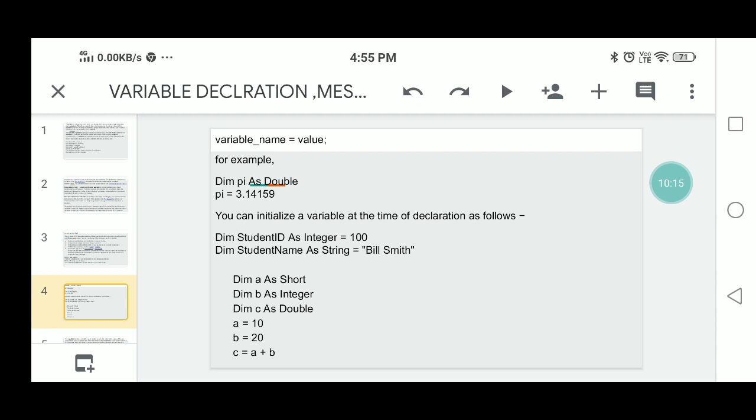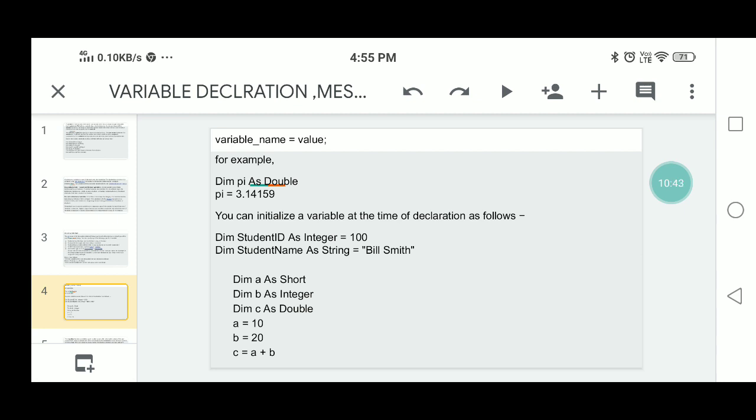The next, Dim studentID As Integer. At the time of declaration you can assign the value, that is 100. Then studentName As String type is assigned the string value Bill Smith. Another example: Dim a As Short, Dim b As Integer, c As Double.